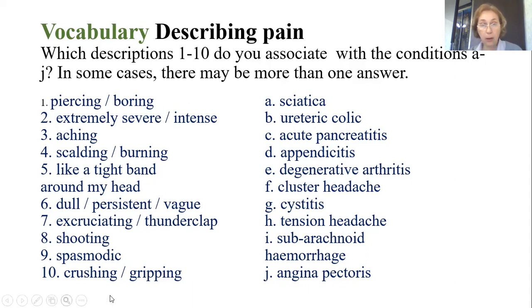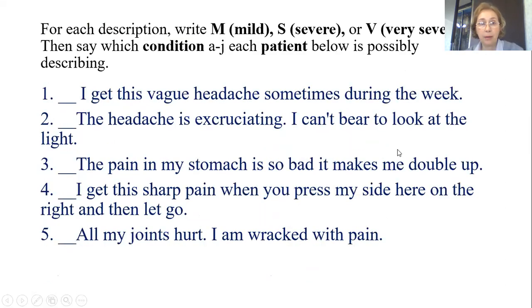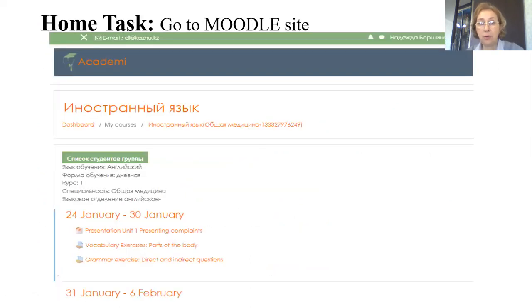Okay, so just to enlarge your vocabulary with the adjectives that can describe different kinds of pain. And well, I would like to say some words about